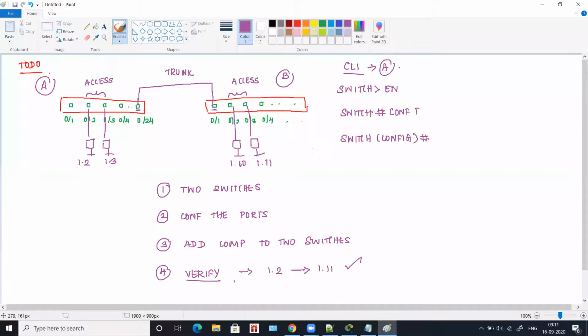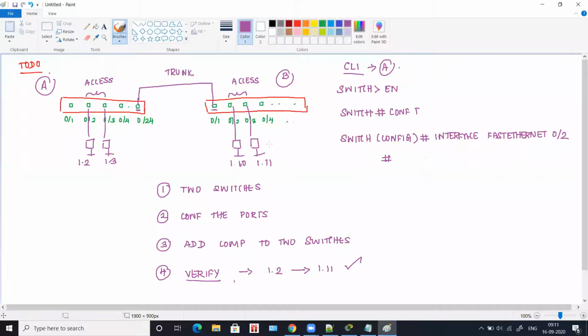So what you will do is you will first choose the interface, and then you will choose fast Ethernet, interface fast Ethernet 0/2. We are going to choose 0/2. And then in the next line, you're going to assign access port.